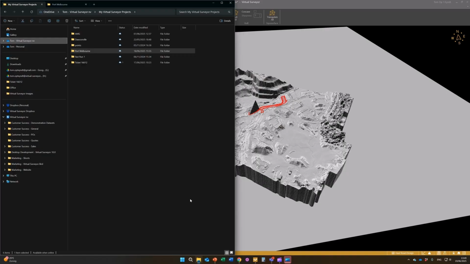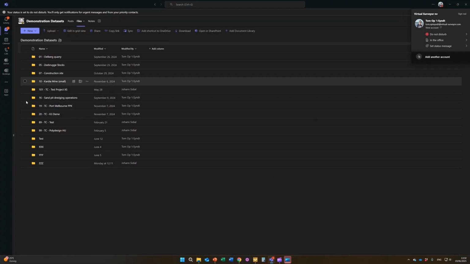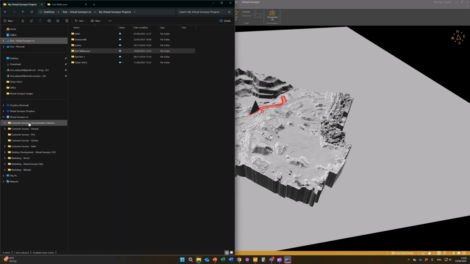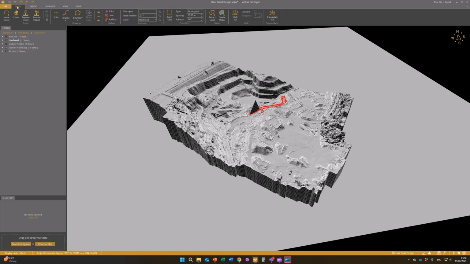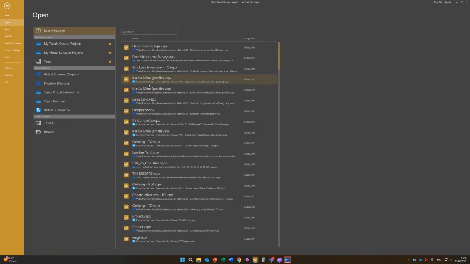This is the standard process you also use when you work with Word or Excel documents. For example, you can sync your directories in Teams. So in Teams, you just go to the proper location, and when you click Sync, then this folder will become available in your SharePoint, and you will have the possibility to access those files here.